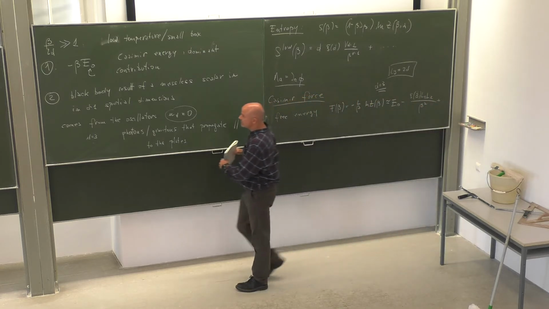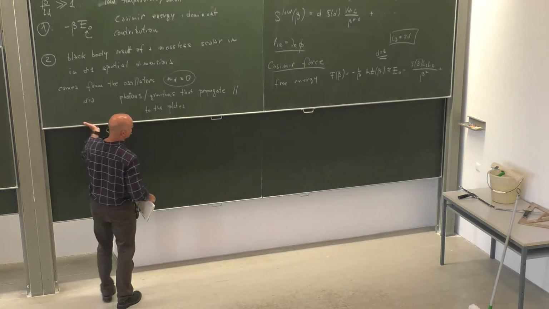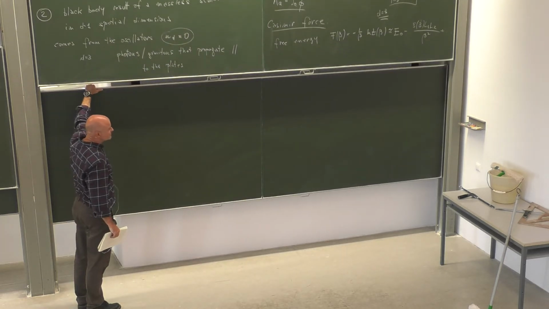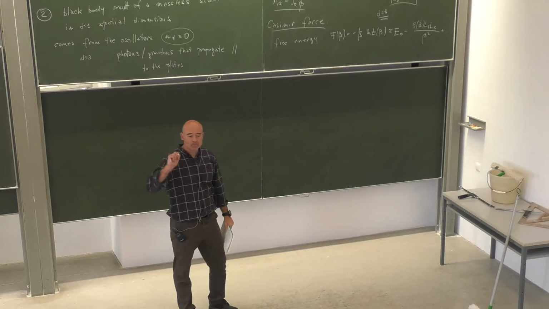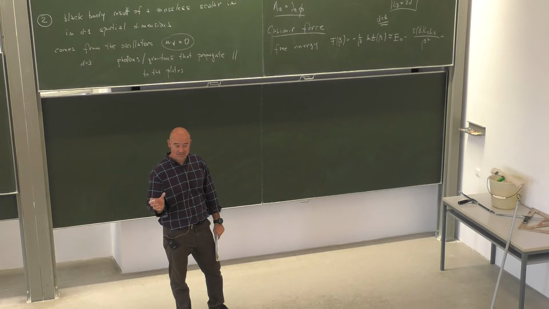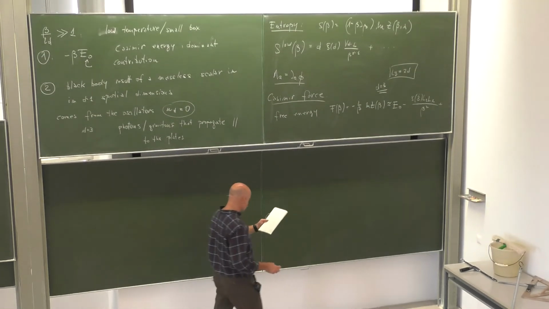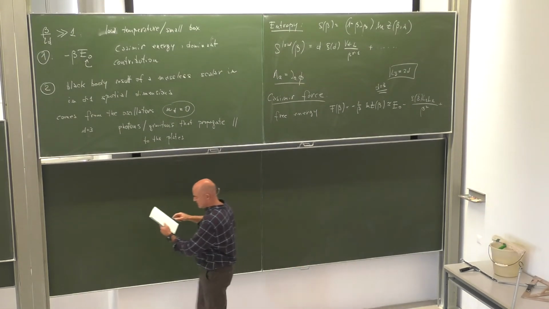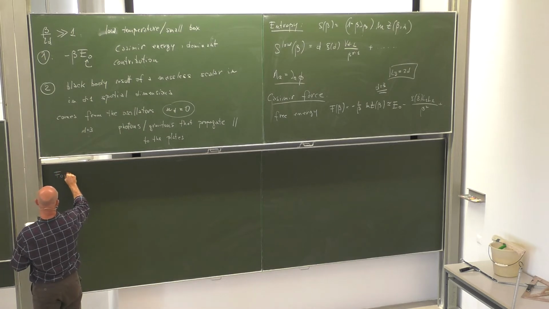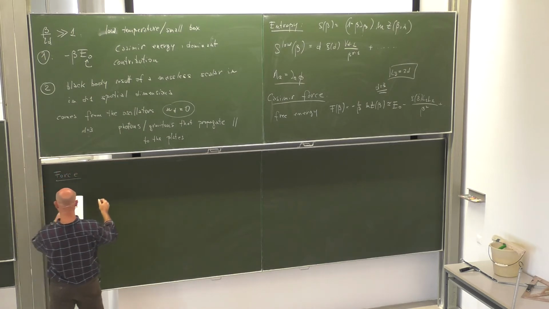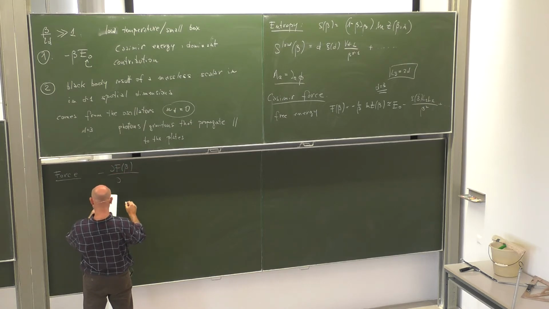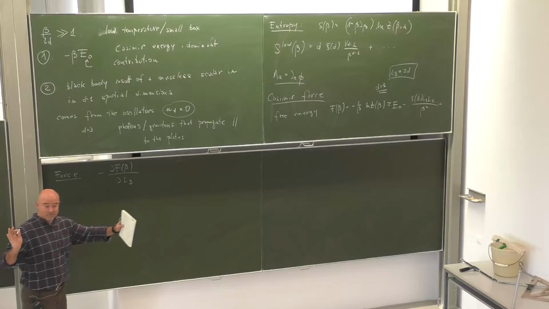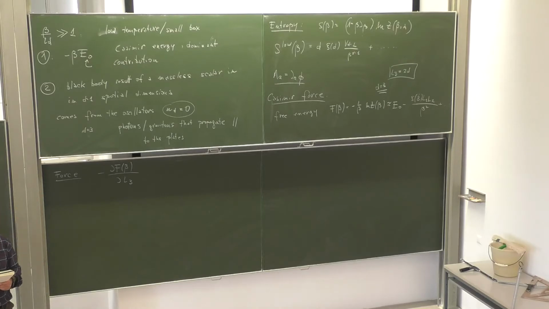So the Casimir force, I have not really understood if it's the right definition. I can more or less believe it. You know that the force is the derivative of the potential with respect to the distance, right? What people are telling you is that the Casimir force, in general, you should think of as minus the derivative of the free energy with respect to the separation of the plates, if you want, the derivative with respect to L3. That's the Casimir force in that case.